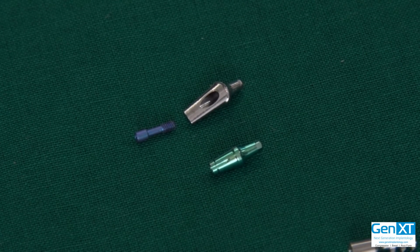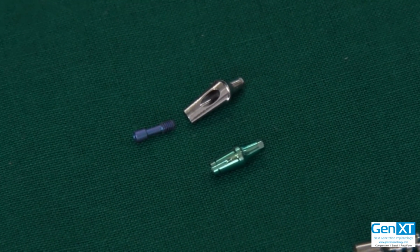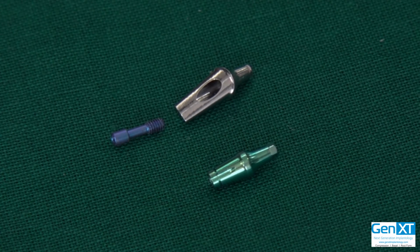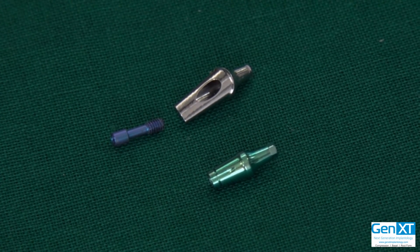Even though this is a cone connection and the screw is not so relevant, I'm still trying to explain to you the attention to detail paid at every step, making sure that through engineering they're able to solve any sort of problems that may occur to you. So these are basic